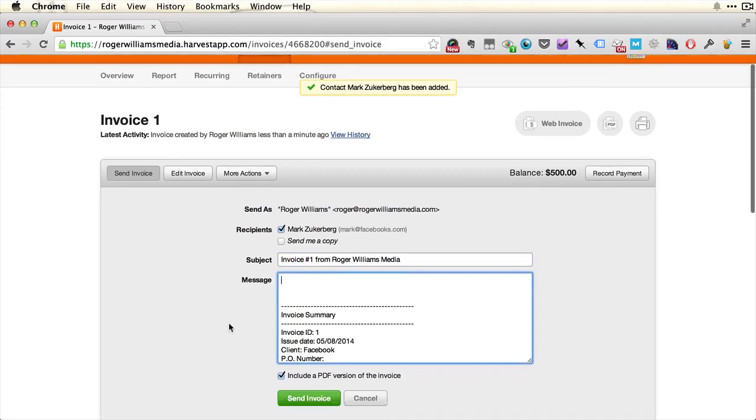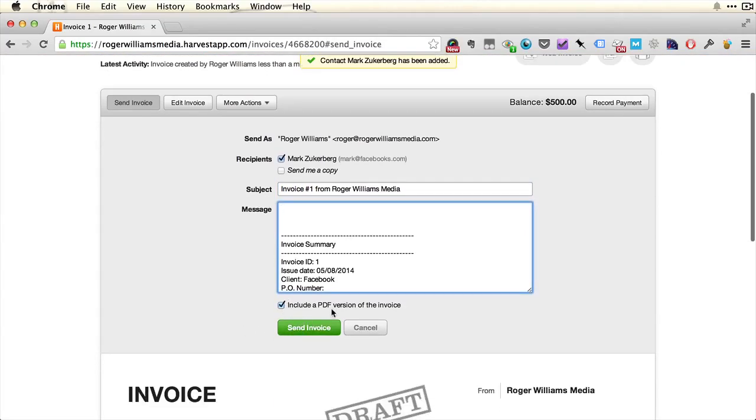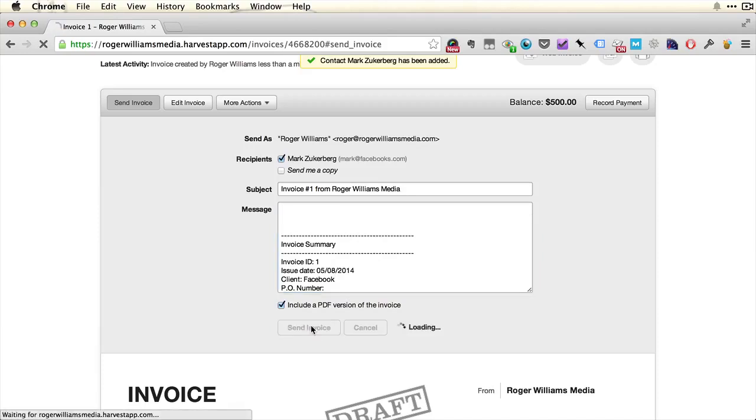We can also, by default, add a PDF attachment to the invoice. Go ahead and send that out, and now we've sent out an invoice to our client